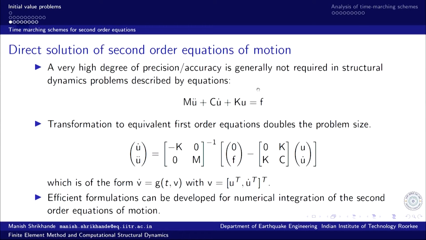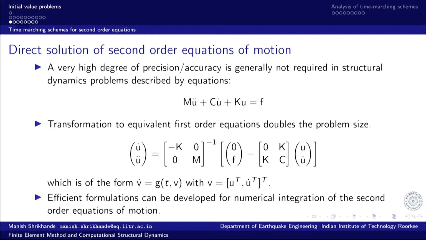However, we need not go into this formulation unless we are looking at a highly nonlinear system where k itself is a function of u and u dot. For a nonlinear system, of course, we may need to go for a very accurate analysis, and this kind of first order conversion might be appropriate in that case. But most of the time, for the accuracy that is acceptable, direct analysis of the second order equation can be good enough.